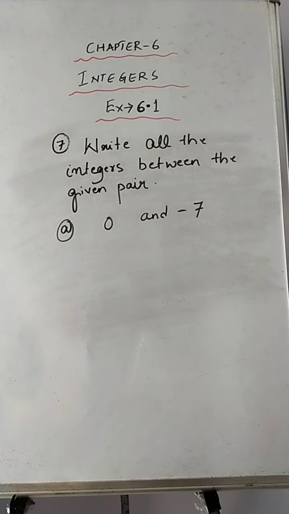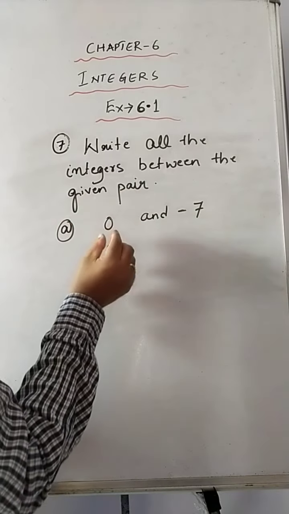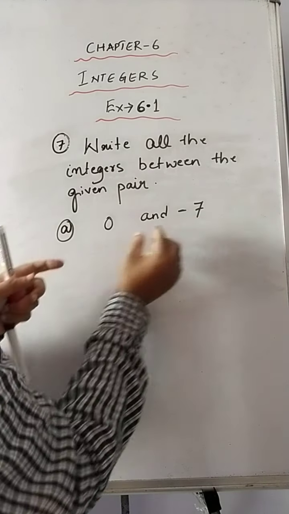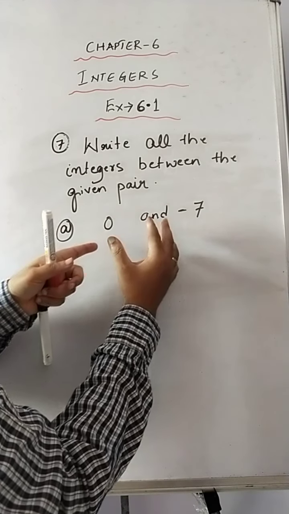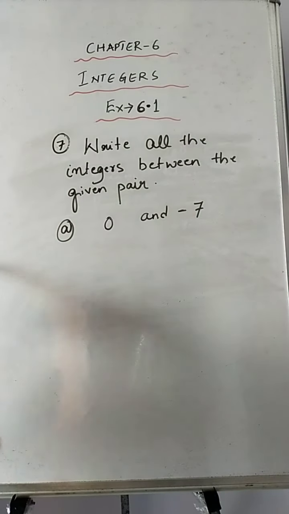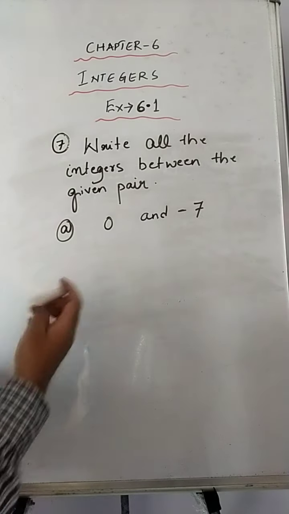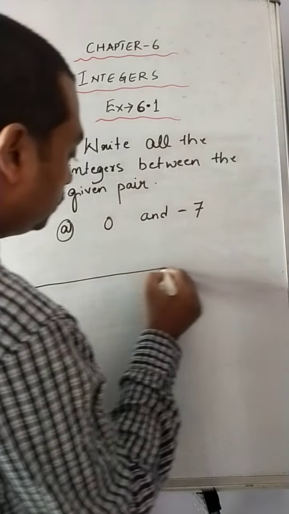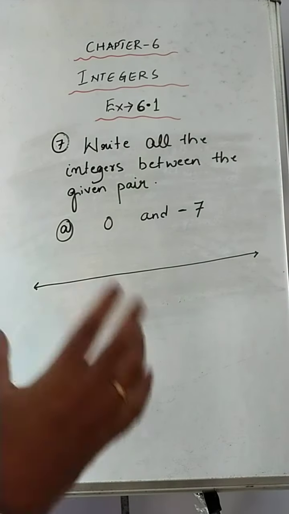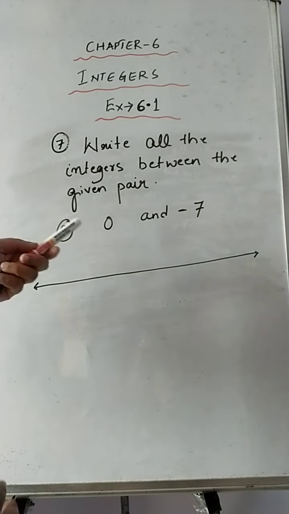Question number 7, we have to write all the integers between the given pair. That means two integers given, that is 0 and minus 7. Now you have to write all the integers which fall in between 0 and minus 7. Suppose if you are confused, then always imagine the number line. Okay, so I am drawing the number line for you. You don't have to draw the number line, just to make your work a little bit easier, more convenient. I am just drawing the number line so that you can understand this type of